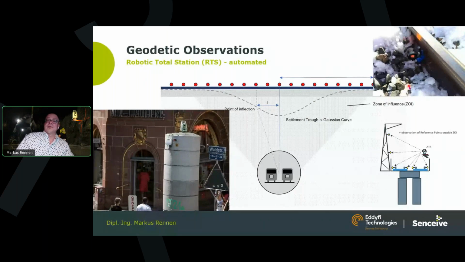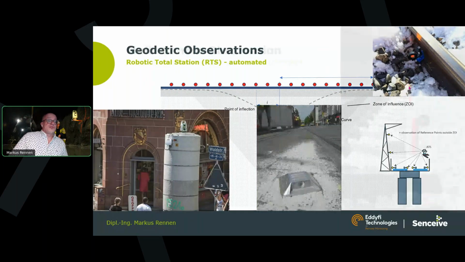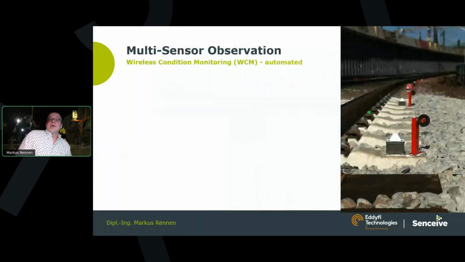And for example, this picture above is in Switzerland, where the prisms were covered in snow occasionally, and that, of course, either leads to a lot of maintenance, clearing and cleaning the prisms,